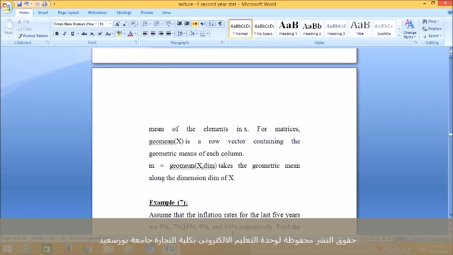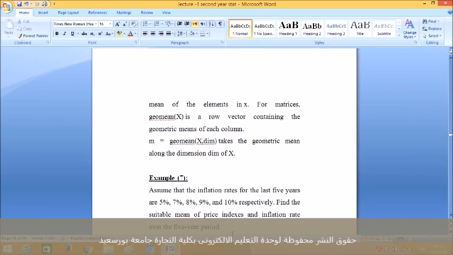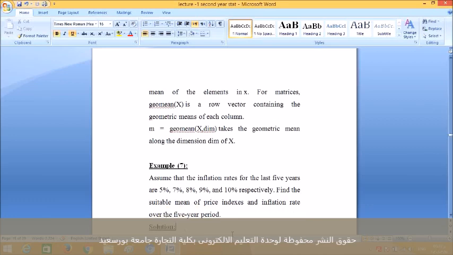Example 7. Assume that the inflation rates for the last 5 years are 5%, 7%, 8%, 9%, and 10% respectively. Find the suitable mean of price indices and inflation rate over the 5-year period. Solution: